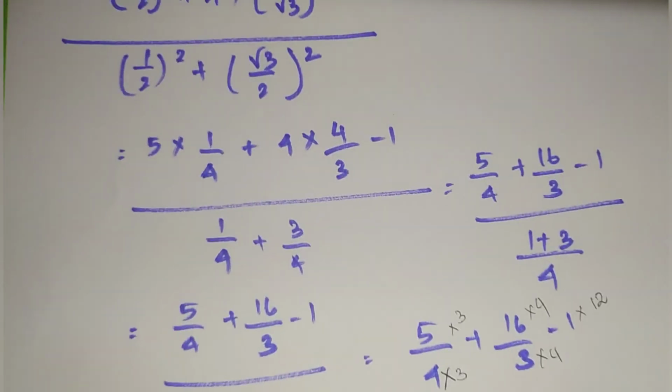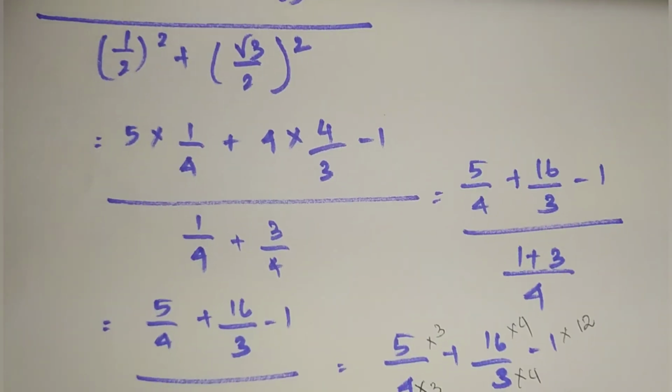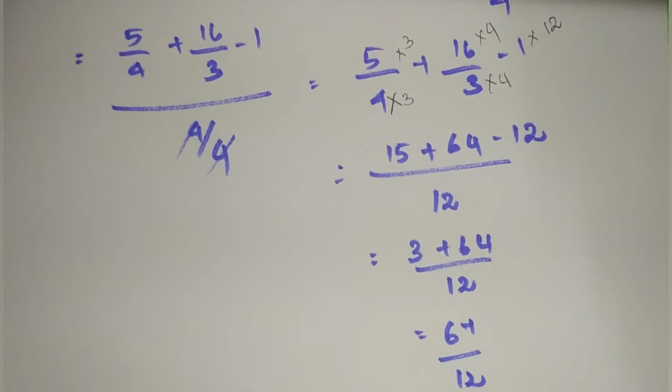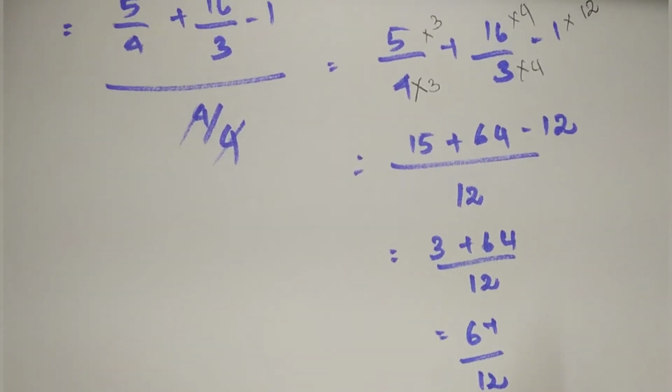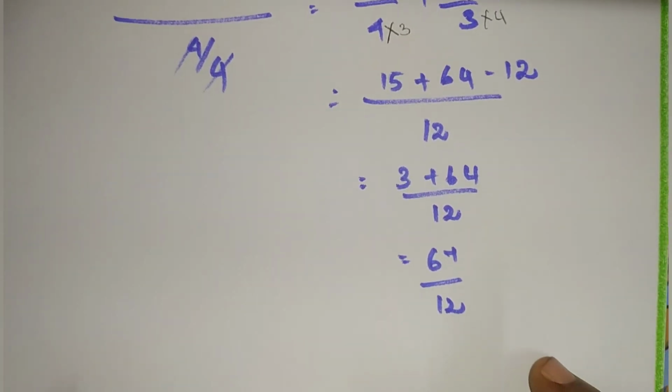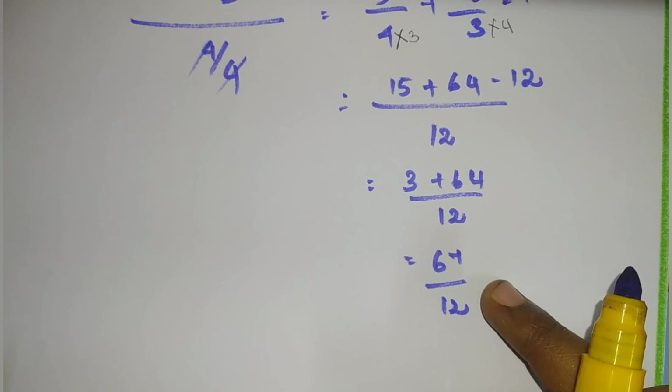Apply the values and then simplify. If you have anything with a root in the denominator, you have to take the conjugate and simplify. Otherwise you can take the LCM and simplify easily. For this problem the answer is 67 divided by 12.